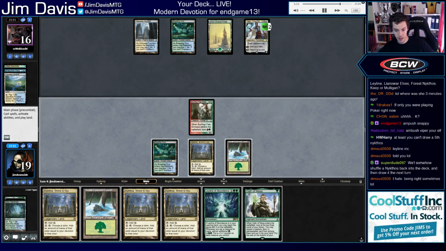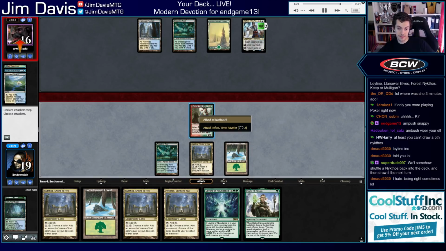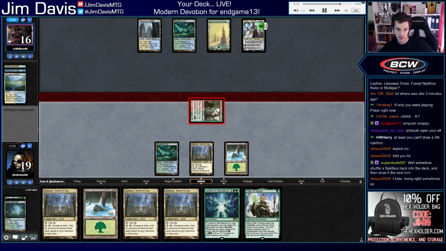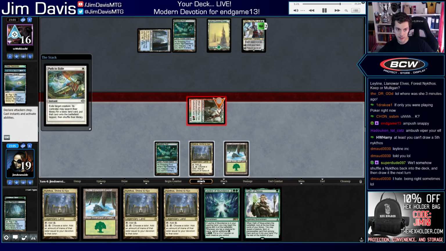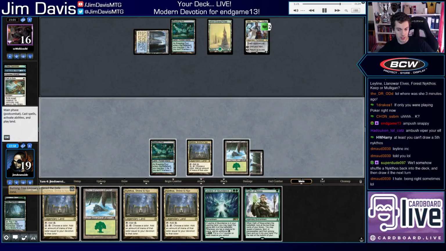No land for them. Okay. Attack Teferi. It's Ambush Viper number 2. Sure. That's fine by me. Alright. Go get a Forest. And now do we cast Leyline or Oath of Nissa? Probably cast Leyline, honestly. Just get it in play. We got an Oath for a Planeswalker anyway, so...